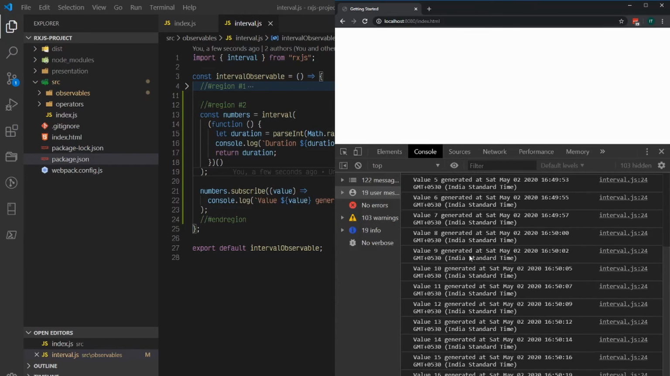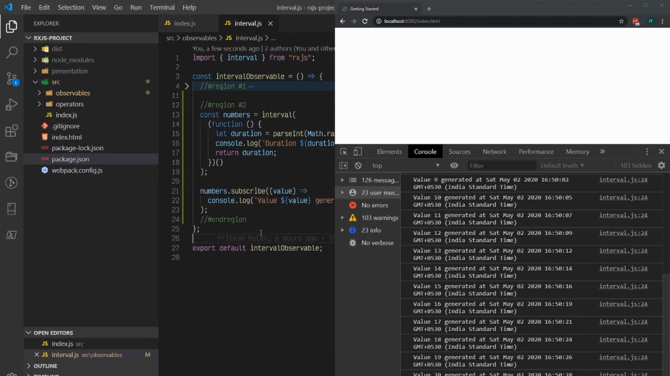This is a very simple observable, and it's what I mostly use to test things out everywhere. Hope you like this one, and I'm going to have videos for the other observables and operators,